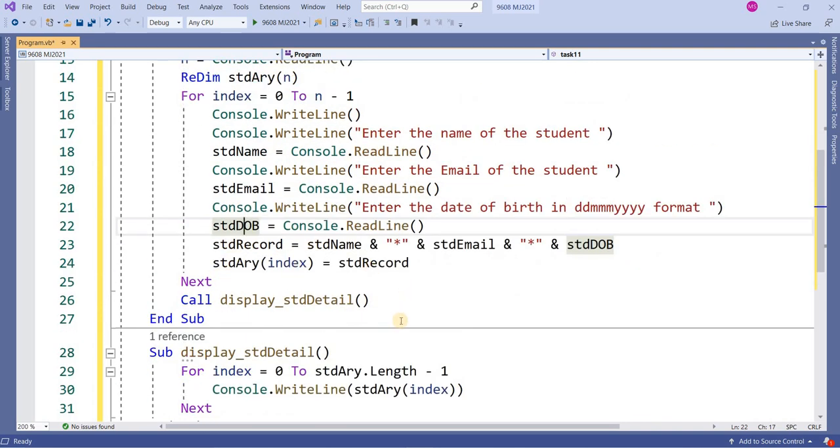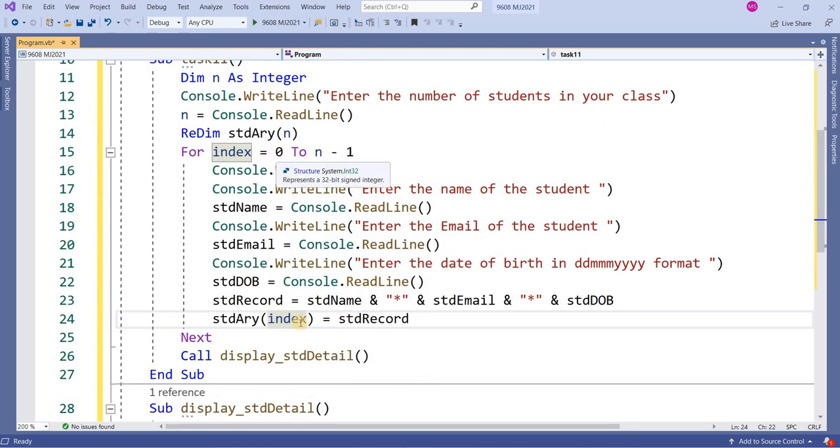After this, I need to concatenate these three fields: student name, student email ID and student DOB, and in between I am putting the asterisk, as it is the requirement in the question. That will become a single record that will be stored into one element of the array. The value of index is 0. First it will store at location 0, then 1, 2 and so on.